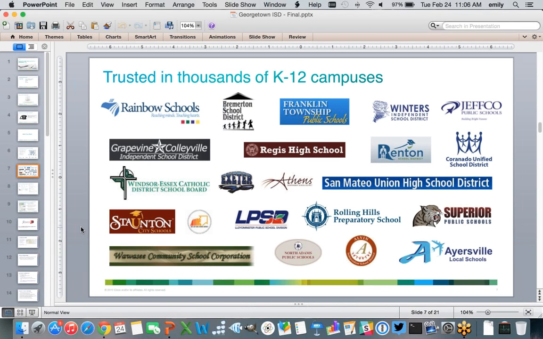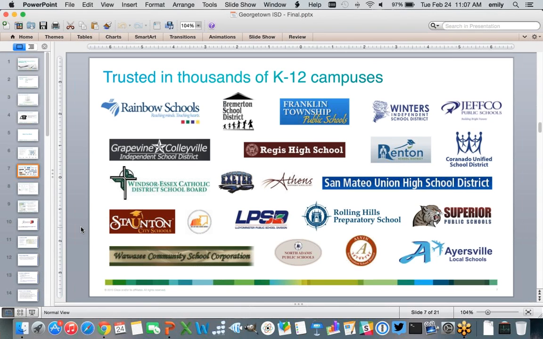Now, we also have a solution that's actually well suited to a bunch of different verticals. So you'll find us everywhere from professional services to healthcare, retail, finance, and then, of course, education. I wanted to throw in a couple of examples of clients that we have that trust us with their networks. It's not a comprehensive list by any stretch, but just to show you the range and the breadth and the depth of different types of schools that are using the Meraki solution.